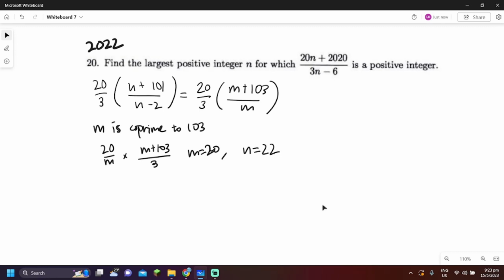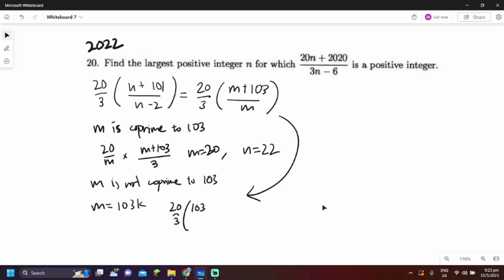On the other hand, we can consider the case that m is not co-prime to 103. Since 103 is prime, we set m equals 103k, and then this fraction becomes 20 over 3 times 103k plus 103 over 103k, which is equal to 20 over 3 times k plus 1 over k. Again, since k plus 1 and k are co-prime, you can replace this with 20 over k times k plus 1 over 3. And again,